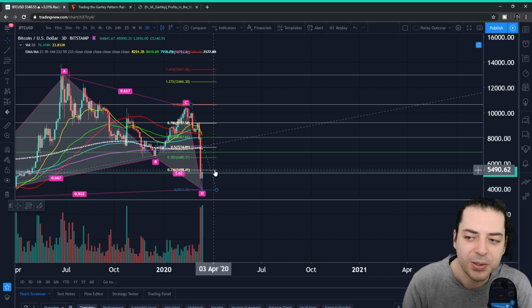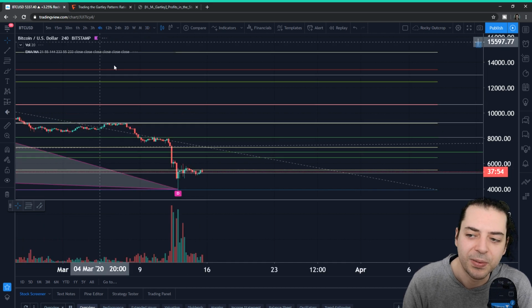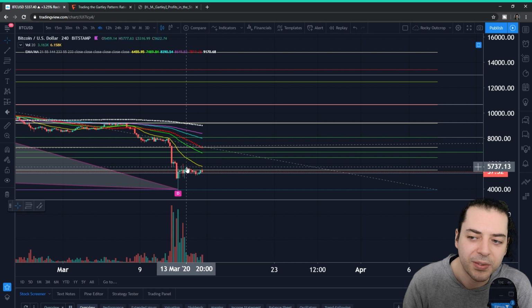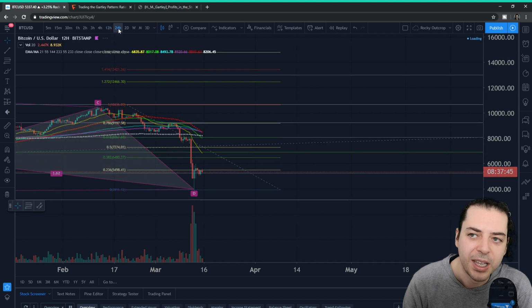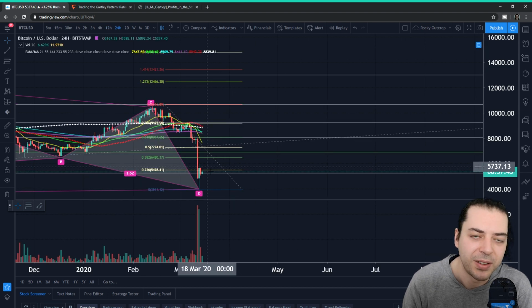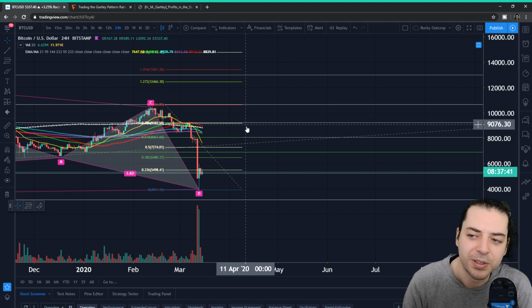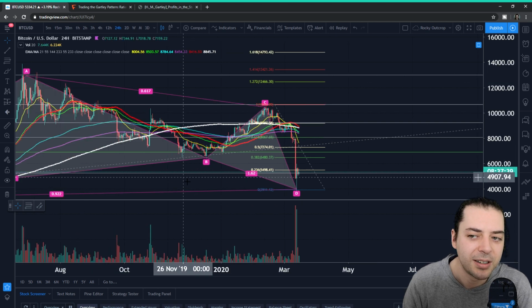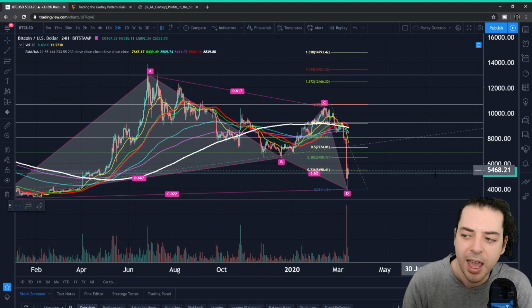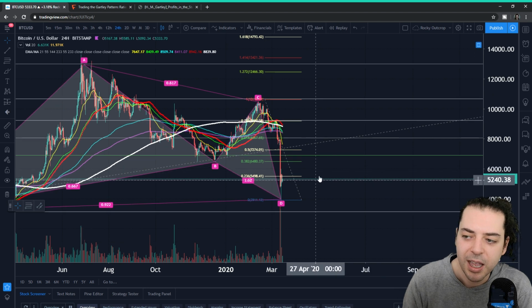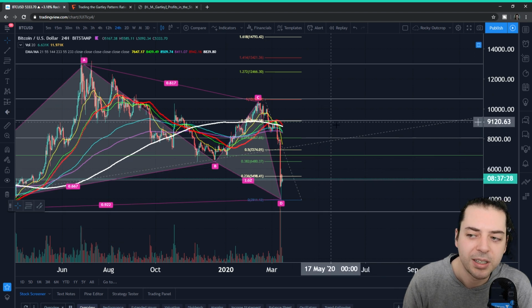If we get an open and close above the 236 here at 5,500, which lasts for a decent period of time, as you can see, if we go down to the 4-hour time, we've only ever had a couple of candles up above it. We're looking for decent sized candle closes up above, and by that I mean the 24-hour. Then you'd be able to look towards these upside targets, and you would be able to consider looking back that we had a Gartley here and be able to explain to people just how the psychology really panned out, because as you look towards the upside, if you were to make it back up through these certain different